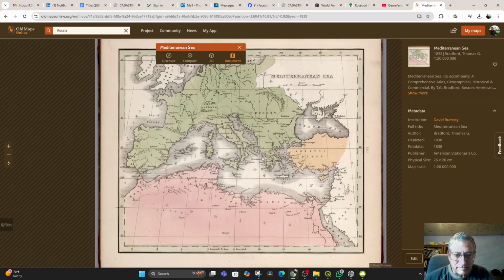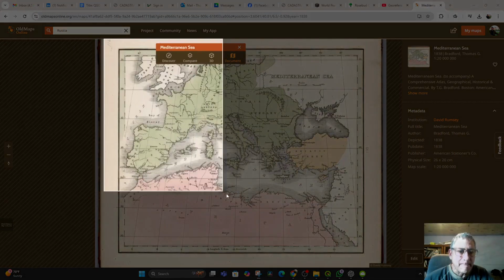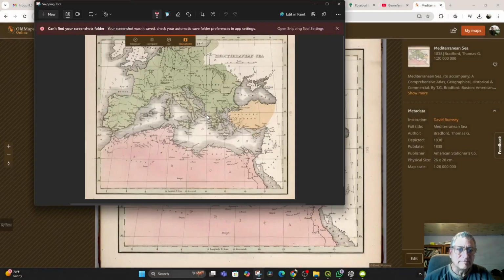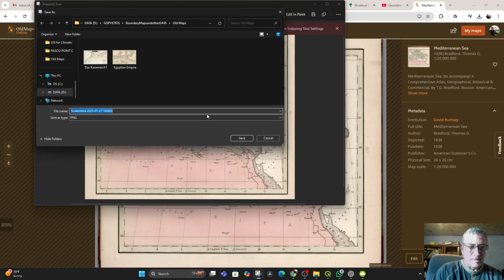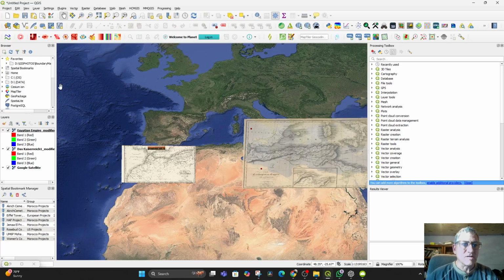And this time, grab the map, and save it. Mediterranean 1838. Take that map, go into QGIS, go to a layer, go to Georeferencing, and